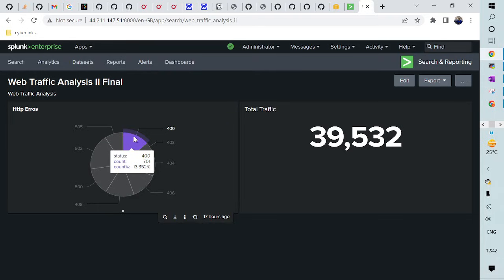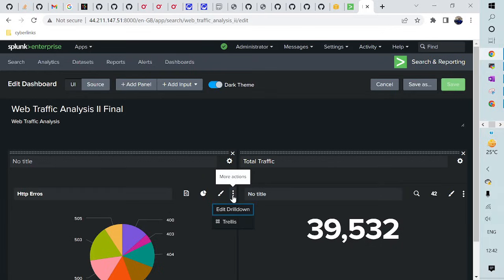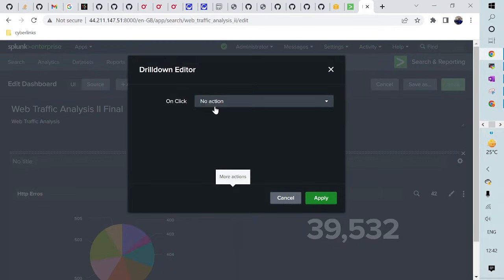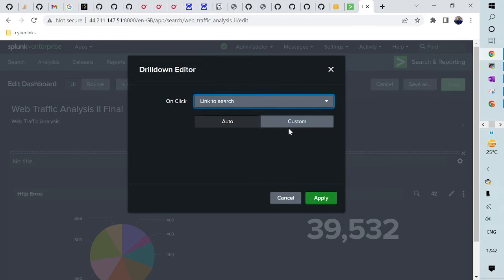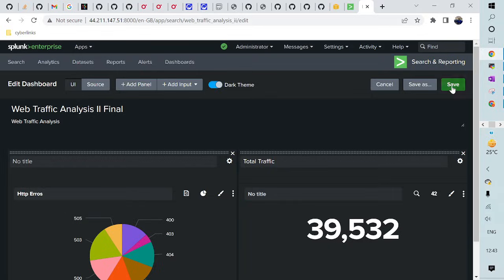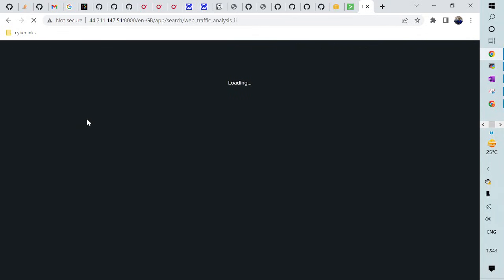If I try to click, nothing really happens because we have not associated a drill down with our input panel. If I click on edit, you can see in the three dots, edit drill down. I will click on that. If I make changes to the link to the search, you can see that I have selected auto. This is the default one. If I click on apply and then save changes,